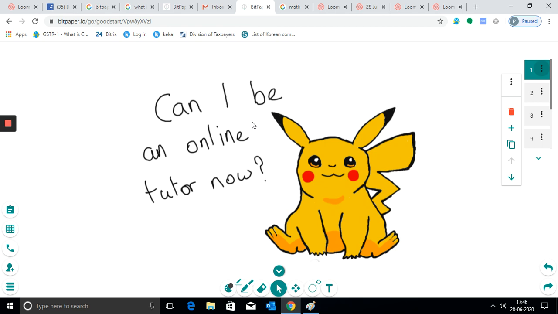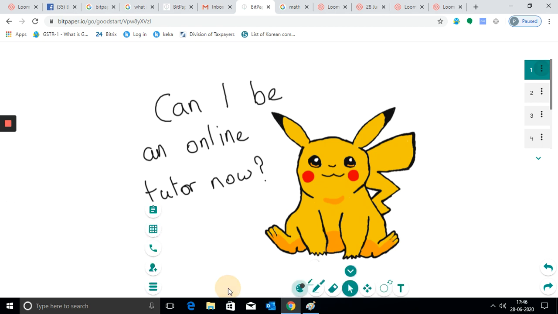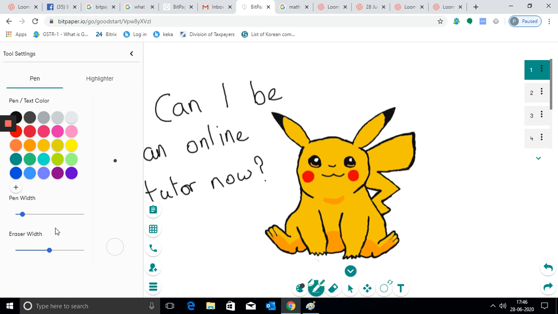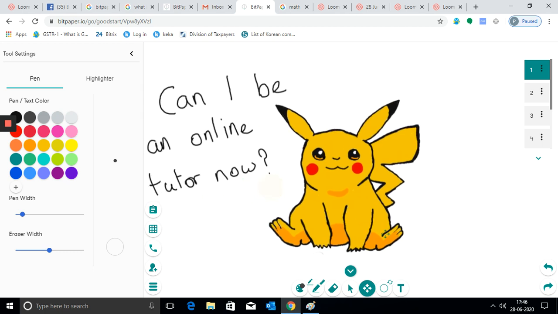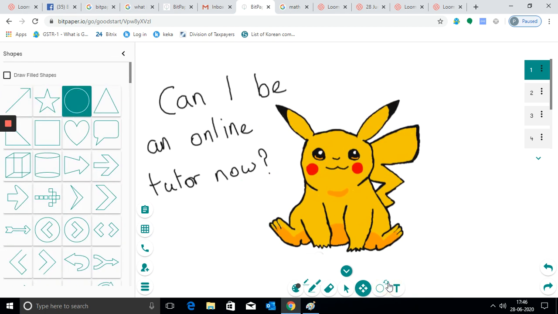It has toolbars, like a pen with color settings, a pen where you can adjust the width, an eraser, a select button, a screen mover, shapes, and a text box where you can include text inside the paper.